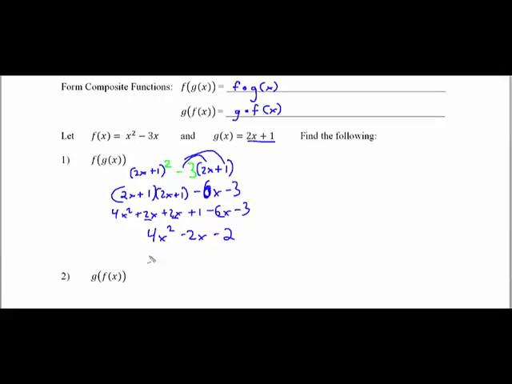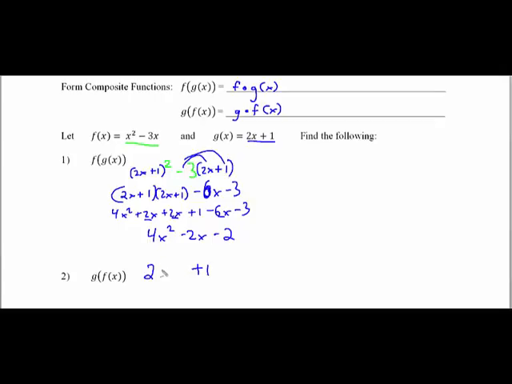Now what I'm about to do is take my green equation. For the g of f of x, I'm about to take my green equation. I'm going to take this and plug it into every instance of this over here. So let me get my blue equation started. This is going to go much shorter because my blue equation is just 2x plus 1. And so my x in this case would be the green